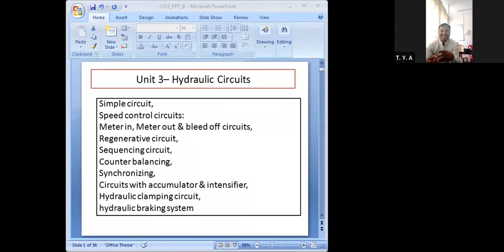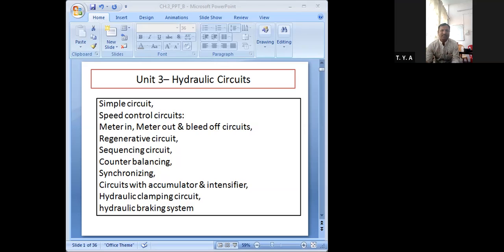What are the different essential components which are required for the hydraulic circuit design? Which are the different components required for a hydraulic circuit design? Okay, so as we know, for hydraulic circuit design there are some basic important components required. Now, which are those components? One is, as I have discussed in chapter number 1 itself, the hydraulic power pack.